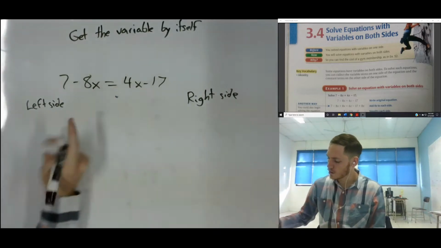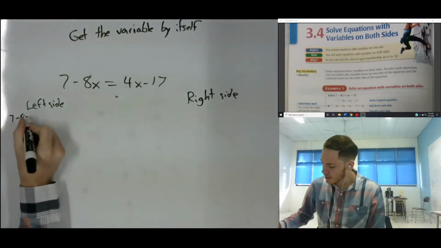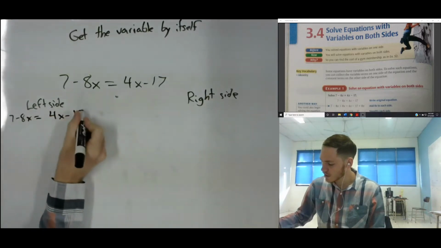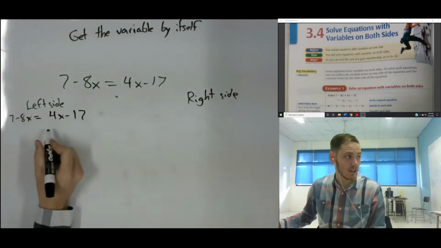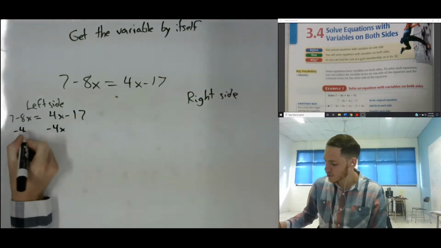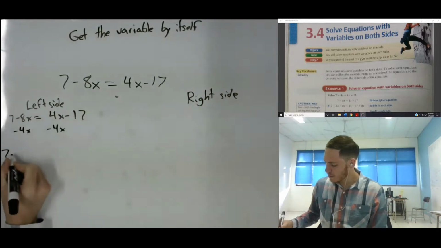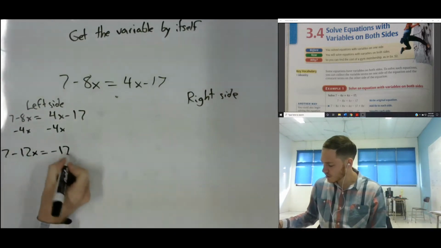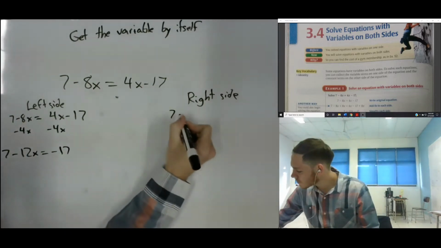So on this side, we would have 7 minus 8x equals 4x minus 17. It's the same equation, I'm just writing it slightly smaller. So you're going to subtract 4x from both sides. So we have 7 minus 12x equals negative 17. Over here,